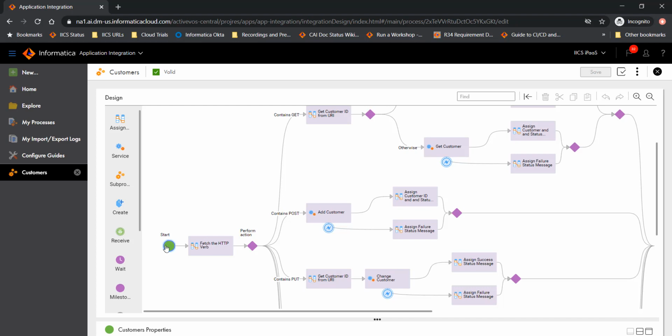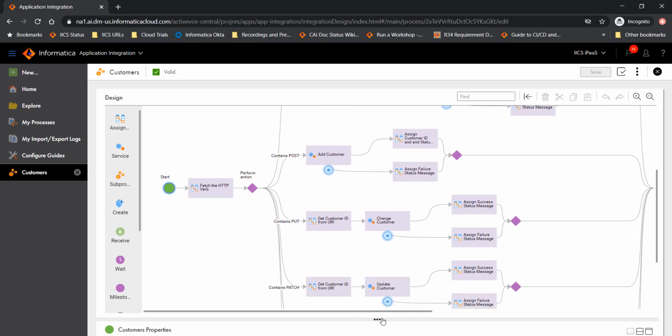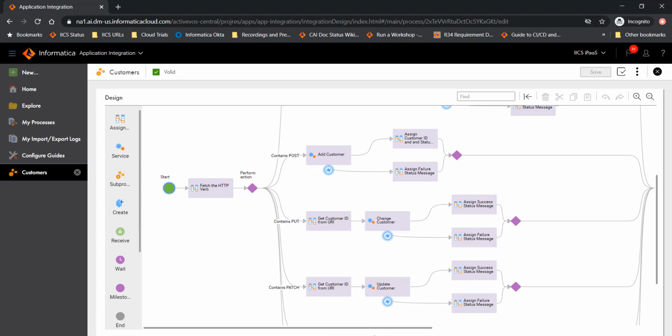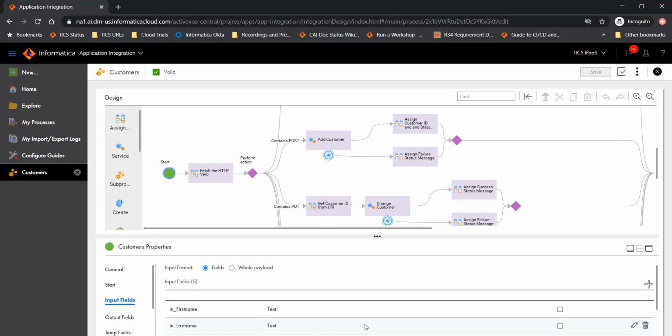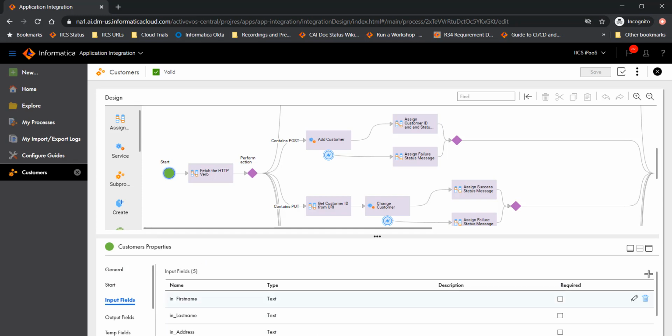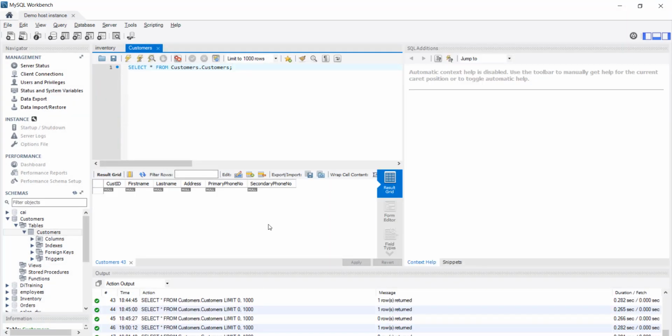On the start step, let me show you what properties we have. We have a bunch of input fields. Let me take you back to the database table which is maintaining this information for customers. We have a customer ID here which is auto generated, but the customer has a first name and last name.